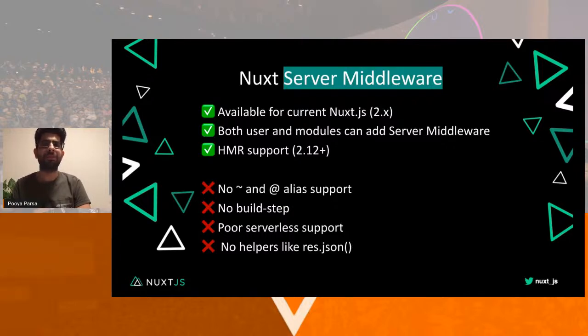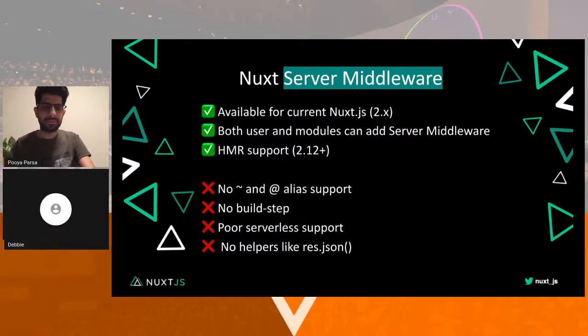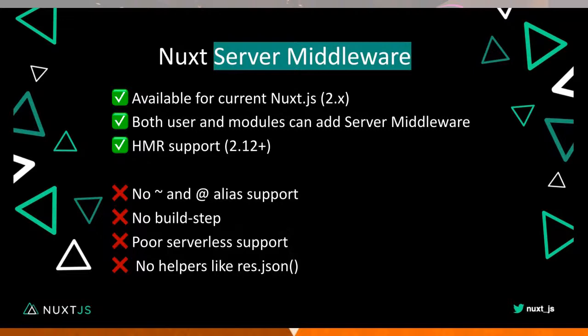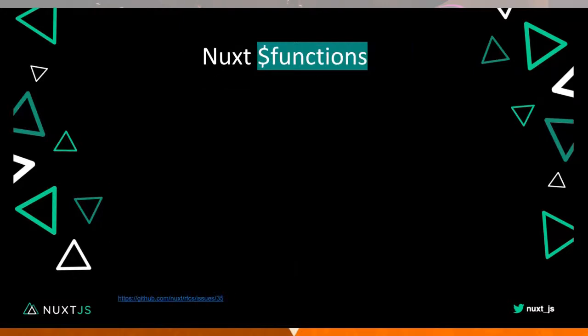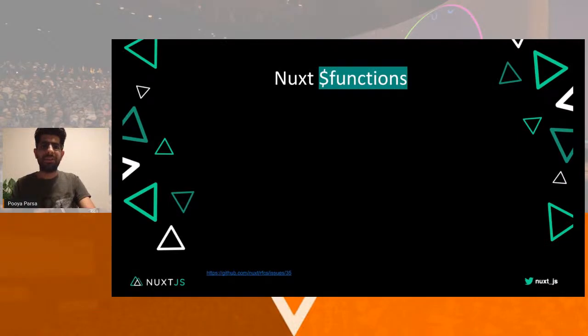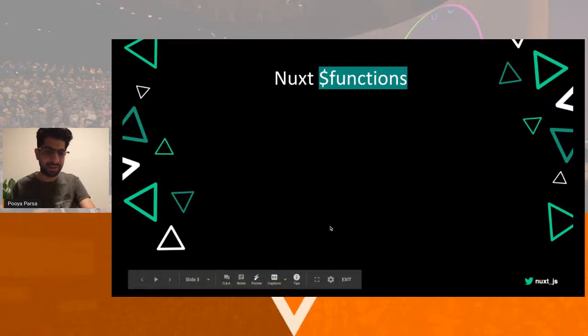But Nuxt is a progressive framework, and you can already use it for creating your own applications, so why not add the backend to the stack? So you have every tool to create your own website. So we started thinking about Nuxt functions. Actually, it started with a great idea from Sebastian, which is available in the RFCs. You can find it in the link at the bottom.